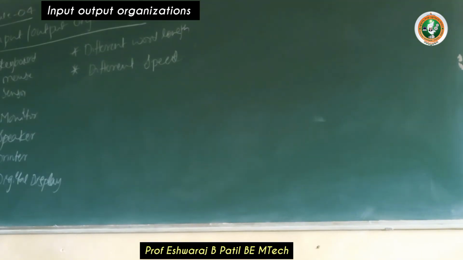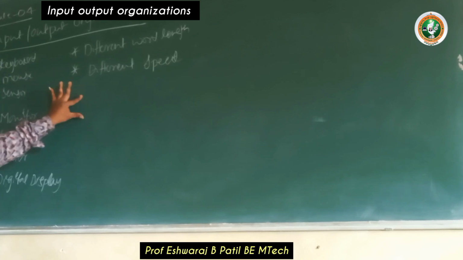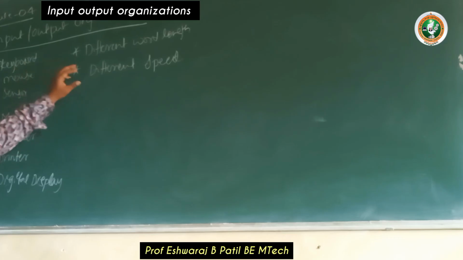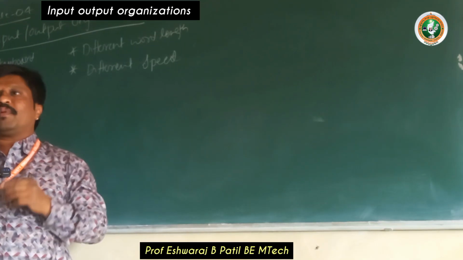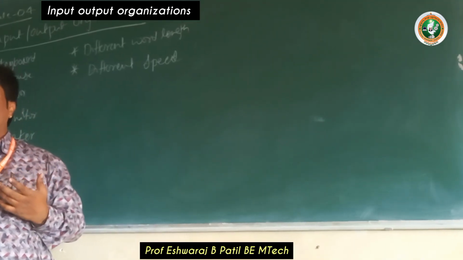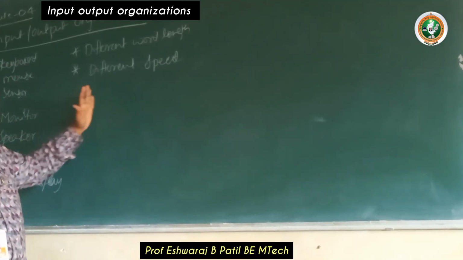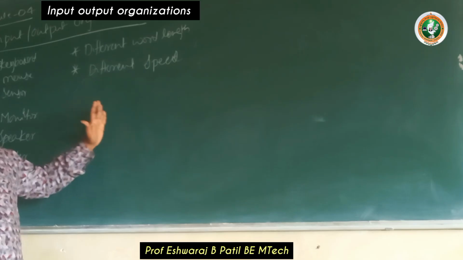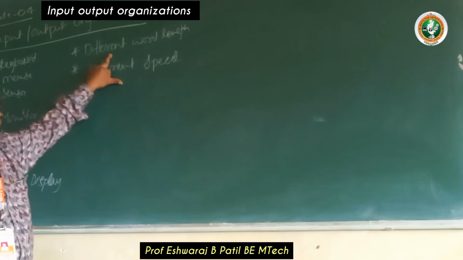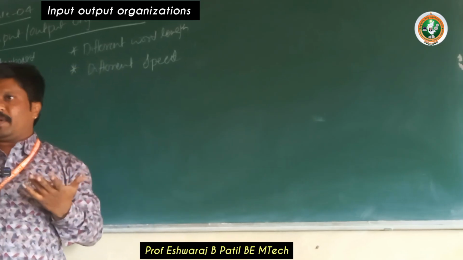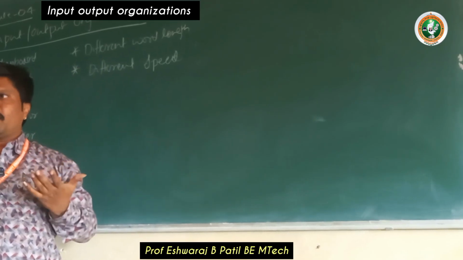The main purpose of connecting the input devices and the output devices is to exchange information between the input devices and output devices through the processor. Here we have different word lengths. Based upon the different word length, we exchange information between the input devices and the output devices through what? The processor. If you have a high word length, for example a 32-bit word length or a 64-bit word length, then